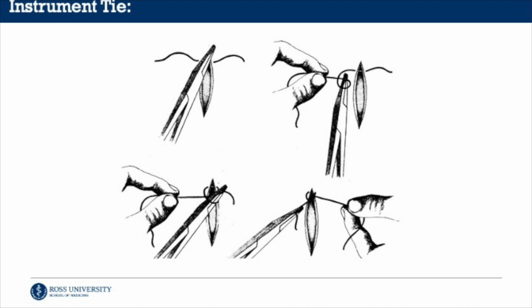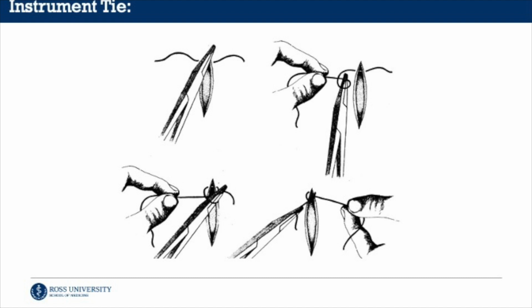Then, with the two loops around the needle driver, open the needle driver and clamp it on the short end of the suture and pull it through the looped ends. This can be assisted by moving your hands. Pull your hands in opposite directions to lay the first half of the surgeon's knot flat, and your hands should now be on opposite sides than where they started. This is only one half of the surgeon's knot and will not stay if left in place. To complete the knot,